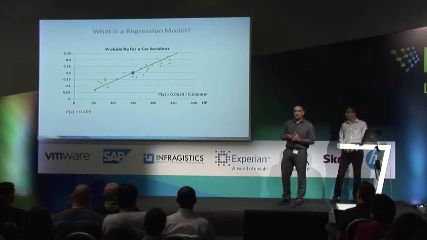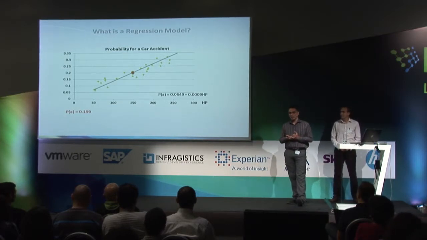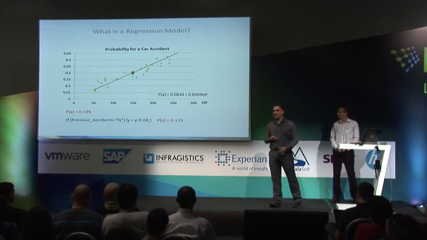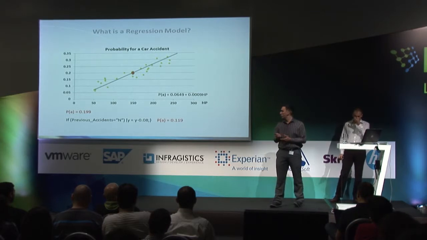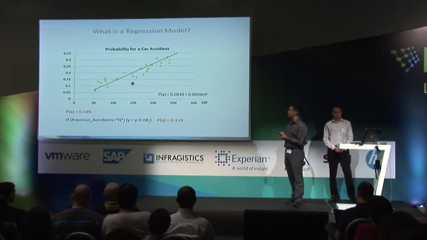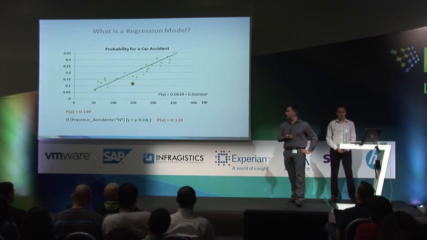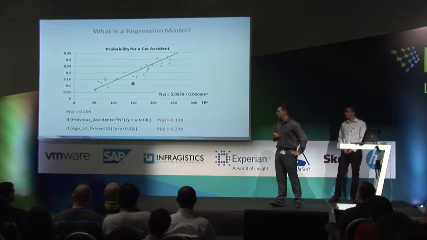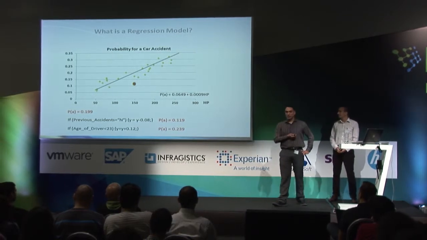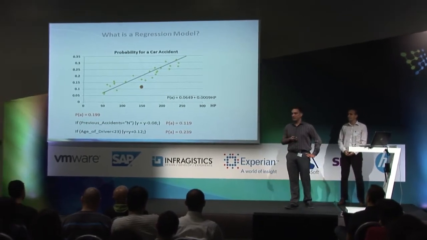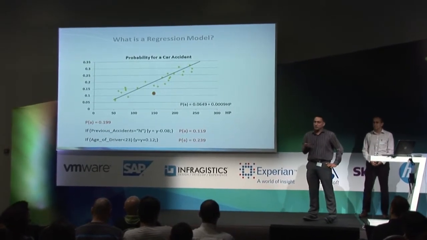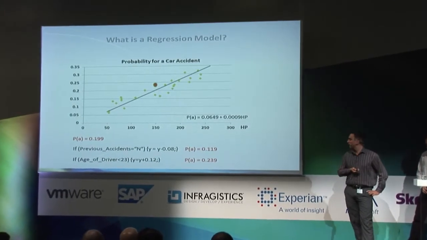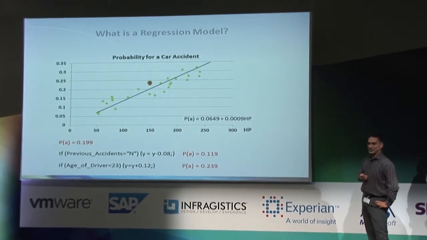Well, models are not often that simple, and they would usually involve other characteristics or attributes in them. So imagine that you had no previous accidents in the last year, which would lead, in this case, to the probability of an accident decreasing to about 12% in this model. And imagine that you're younger than 23 years old, which will, in most cases, mean that you're not such a careful or not such a good driver, and this might, in this case, increase the probability of a car accident to 24%.